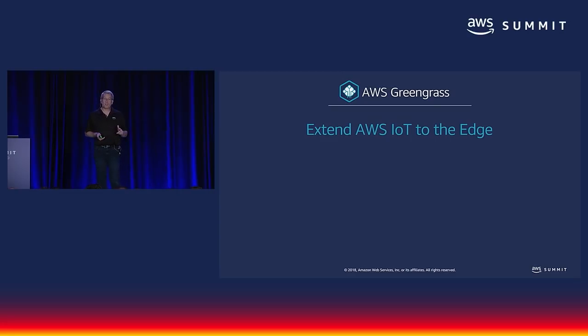It also might be that you're doing such a massive amount of messages, let's say thousands to hundreds of thousands of messages per second across the fleet of local devices. You don't want to have all those charges going up to the cloud and potentially coming back down. And then also it's based on time. If you need to get responses in milliseconds or seconds, the cloud's an appropriate environment. If you're in an environment where you need to act on something immediately, microseconds, or even faster, things like autonomous vehicles and LiDAR and automatic braking, you want those types of interactions to happen very close to where the events